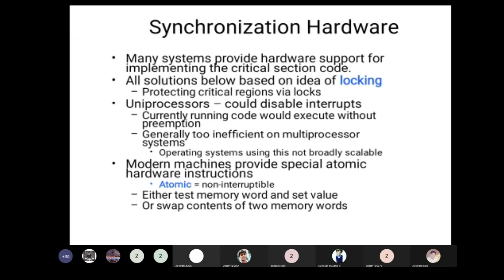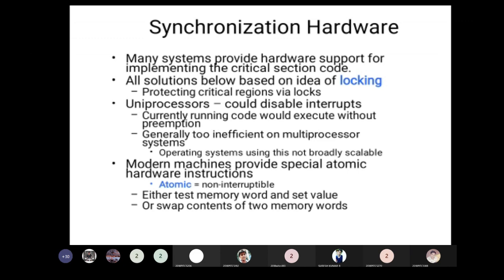In a uniprocessor system, you could achieve this by disabling interrupts when a particular process is executing in the critical section. That means when the interrupts are disabled by the hardware, no interrupt will arise while a particular process is executing in the critical section, so the process can execute without any preemption.